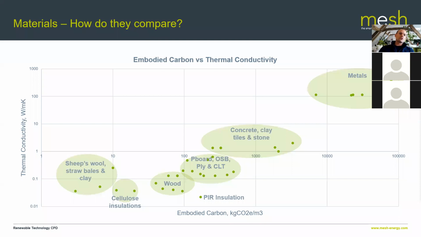And in the other extreme, we've got sheep's wool straight off a sheep's back, straw bales, raw clay, earth bank materials. And in between here, we've got cellulose insulations, wood materials, and then you get into plasterboard, OSB, cross-laminated timber, and then in between that and metals, you've got concretes, clay that have gone through furnaces, tiles, those kinds of things. So hopefully this helps you figure out in your mind how these things relate to